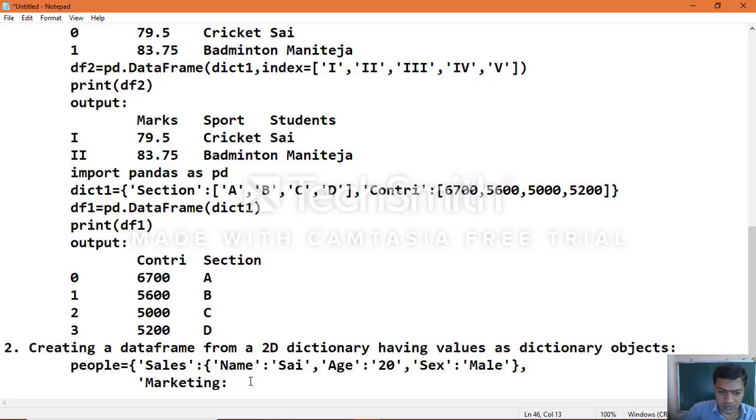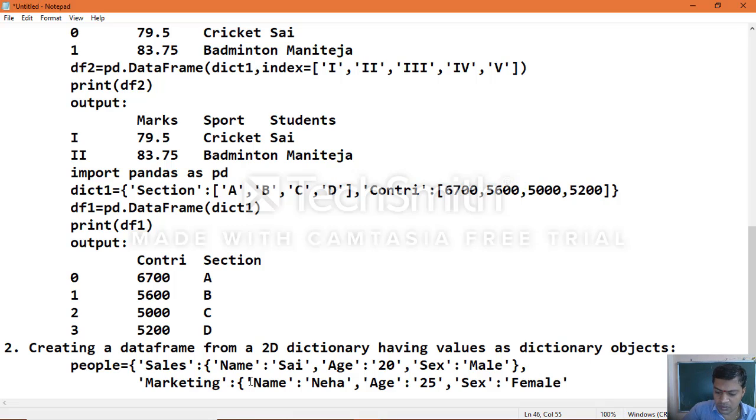Another key, marketing, and within it an inner dictionary again with name, its value, comma, age, comma, then again gender, female.